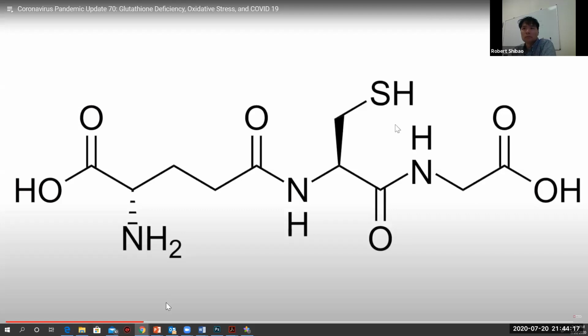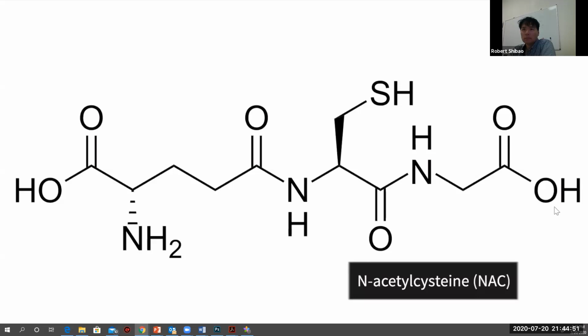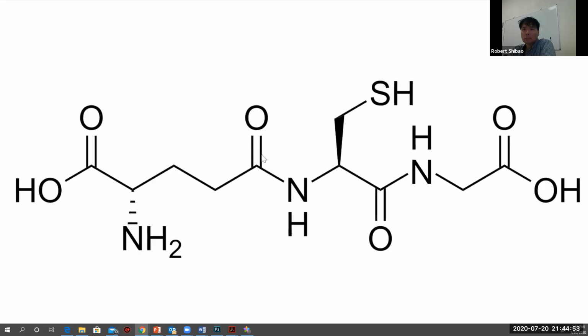On this side over here, we have glycine. And on this side over here, we have glutamate. But glutamate's not attached to the normal C that it would normally be attached to in a polypeptide chain. It's actually attached to the gamma carboxylate group, which is down here. But nevertheless, there are 3 amino acids which make up glutathione. The other part that I wanted you to know is that this part right here, which is the glycine and the cysteine residue off to the right, is N-acetylcysteine. So you can clearly see how N-acetylcysteine is one of the precursors to glutathione.